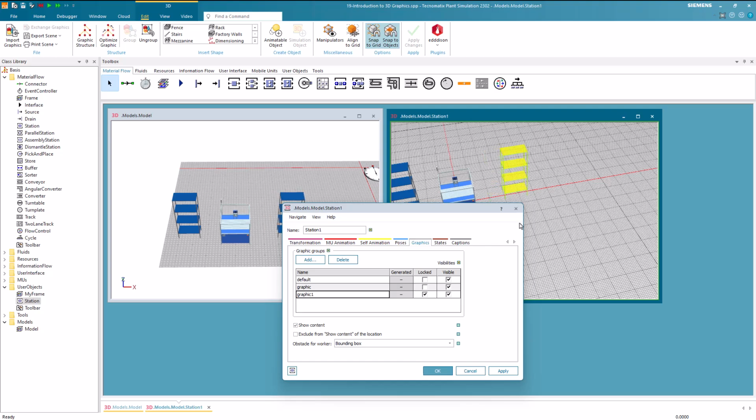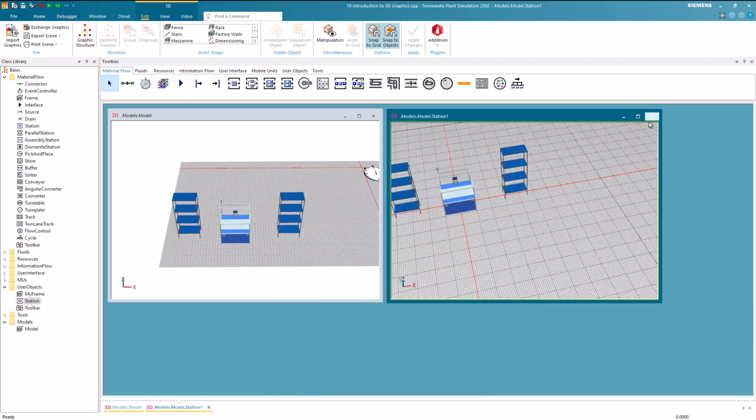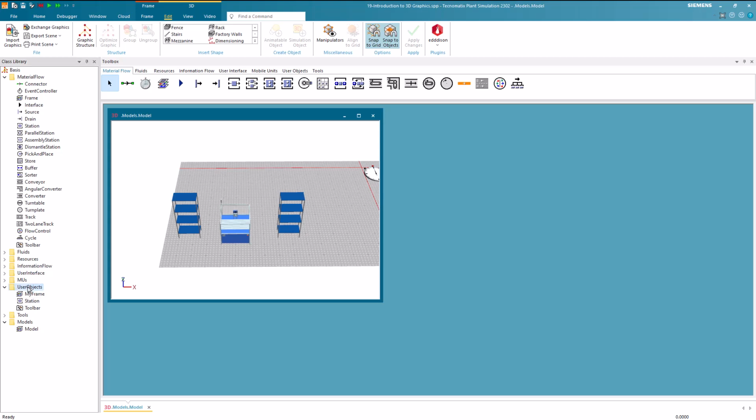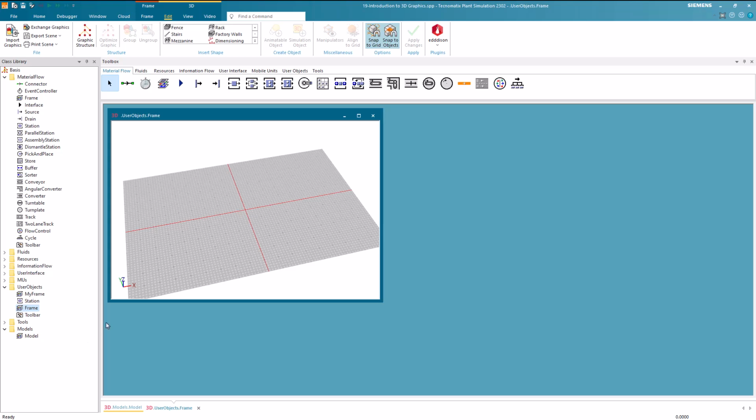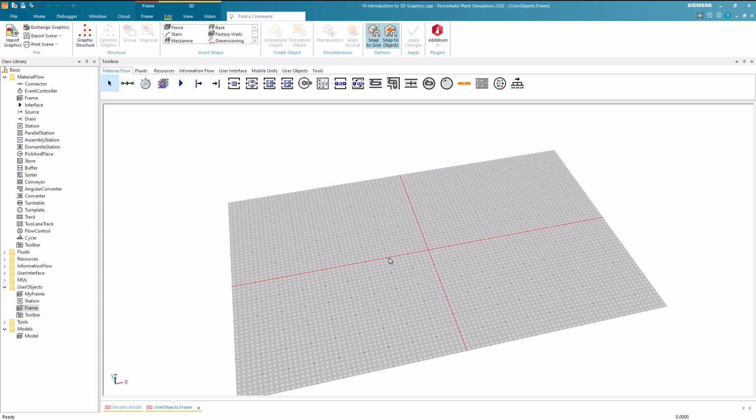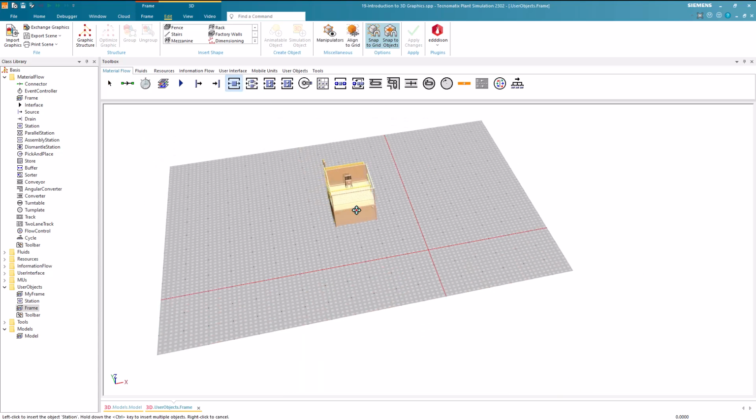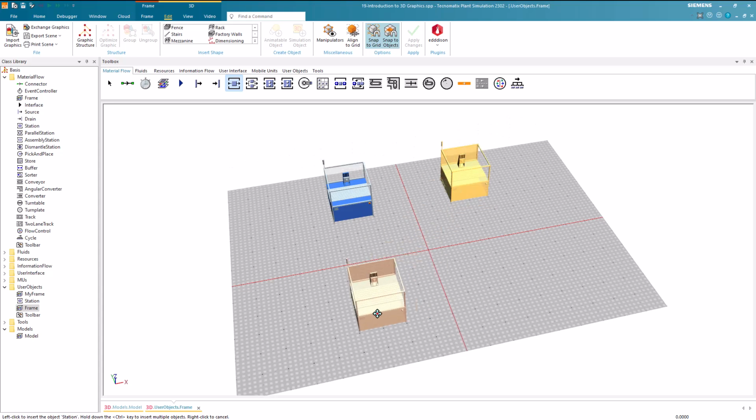To explain the Show Content checkbox, we will create a new black box frame. Unlike a glass box frame, a black box frame does not show its contents to the outside. However, the black box frame must have a representation to the outside. This representation is not possible because it is not shown to the outside. The other representation are the external graphics. First, we insert 4 stations and connect them.